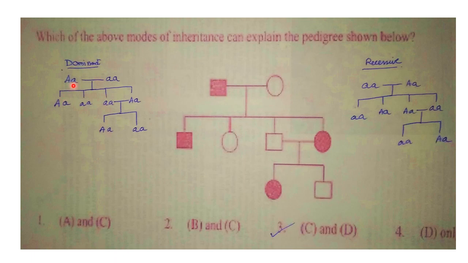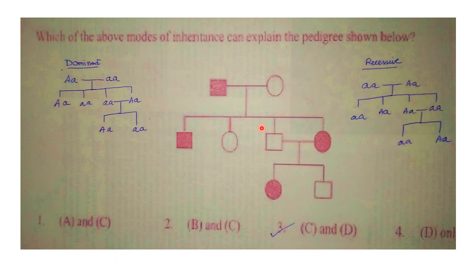That is why capital A, small a, small a, small a. So the daughter and son will be capital A, small a, capital A, small a. Now the daughter is affected here and this is the normal male. So he has to be capital A, small a, because this is a dominant condition, and then you will get capital A, small a, that is affected daughter and unaffected son. So that is the case of